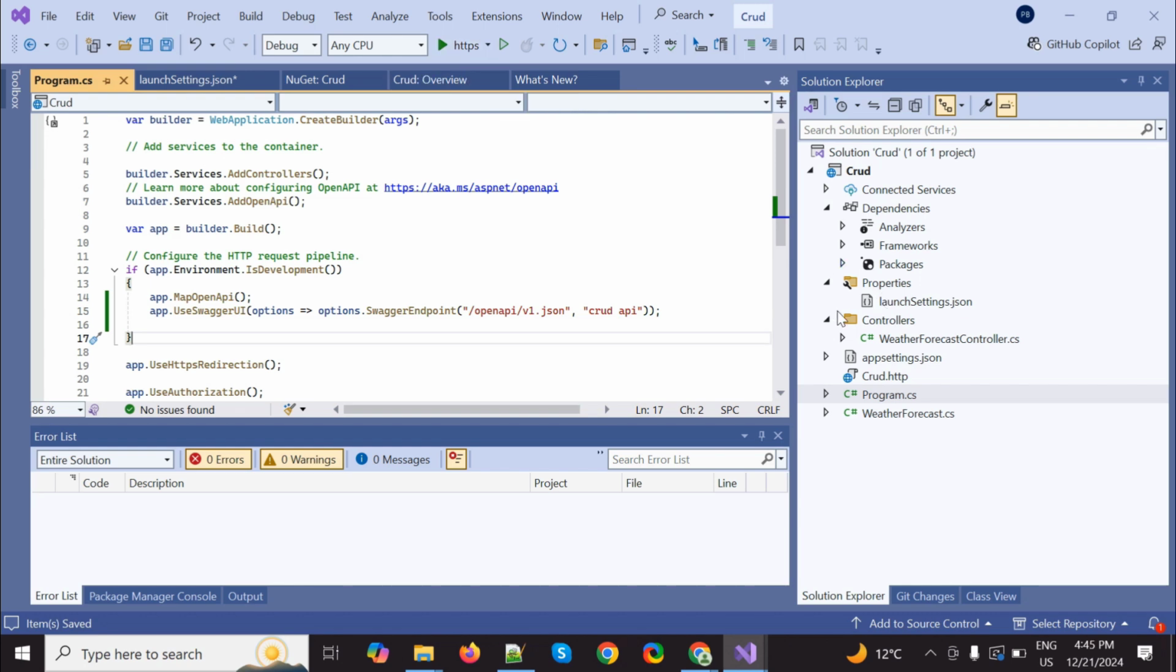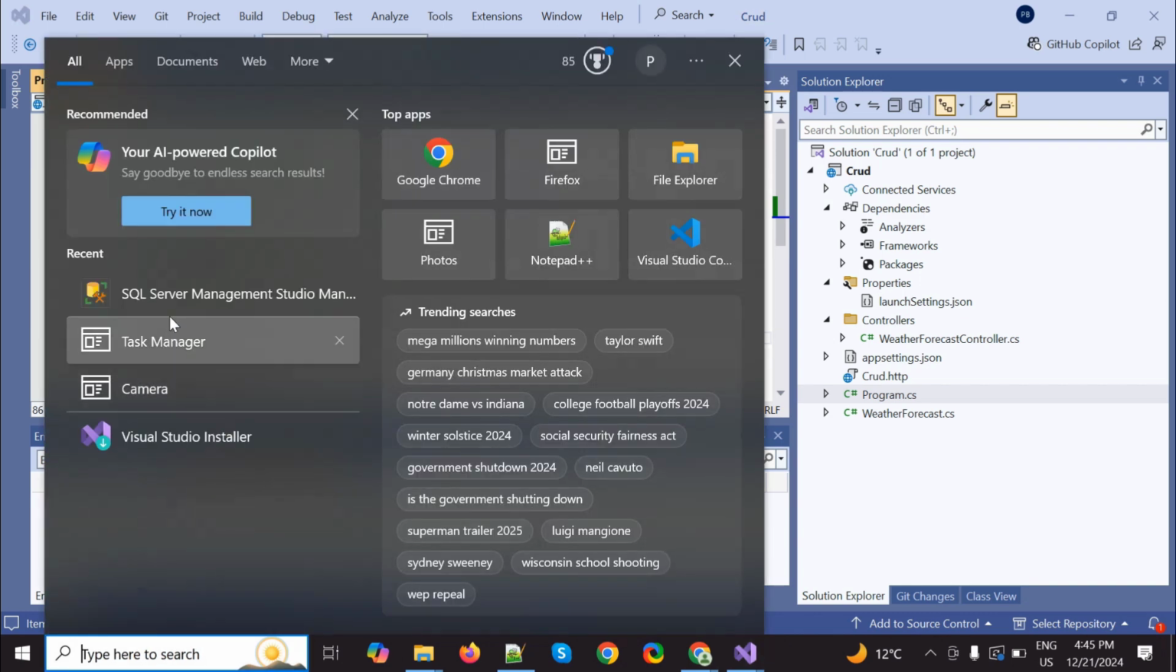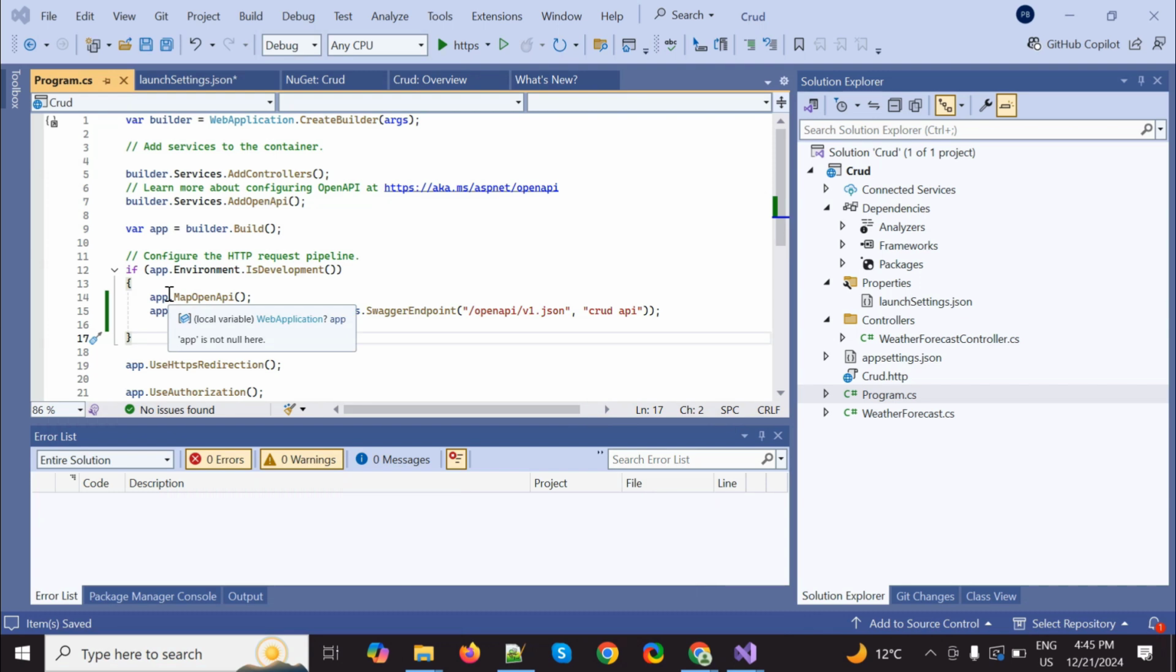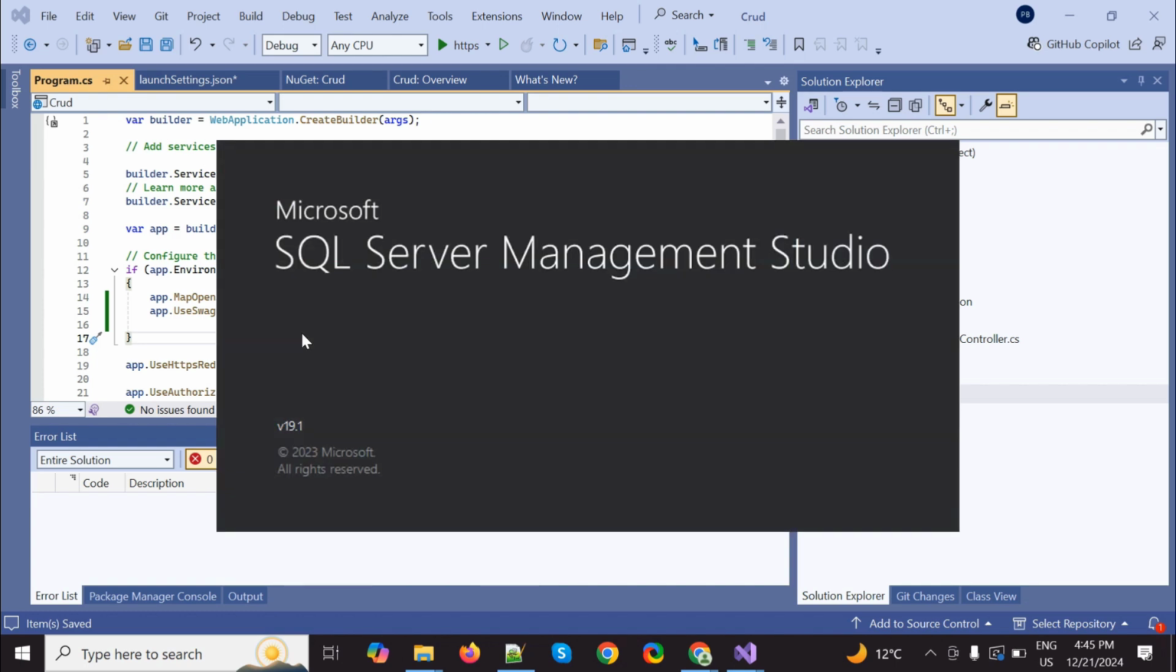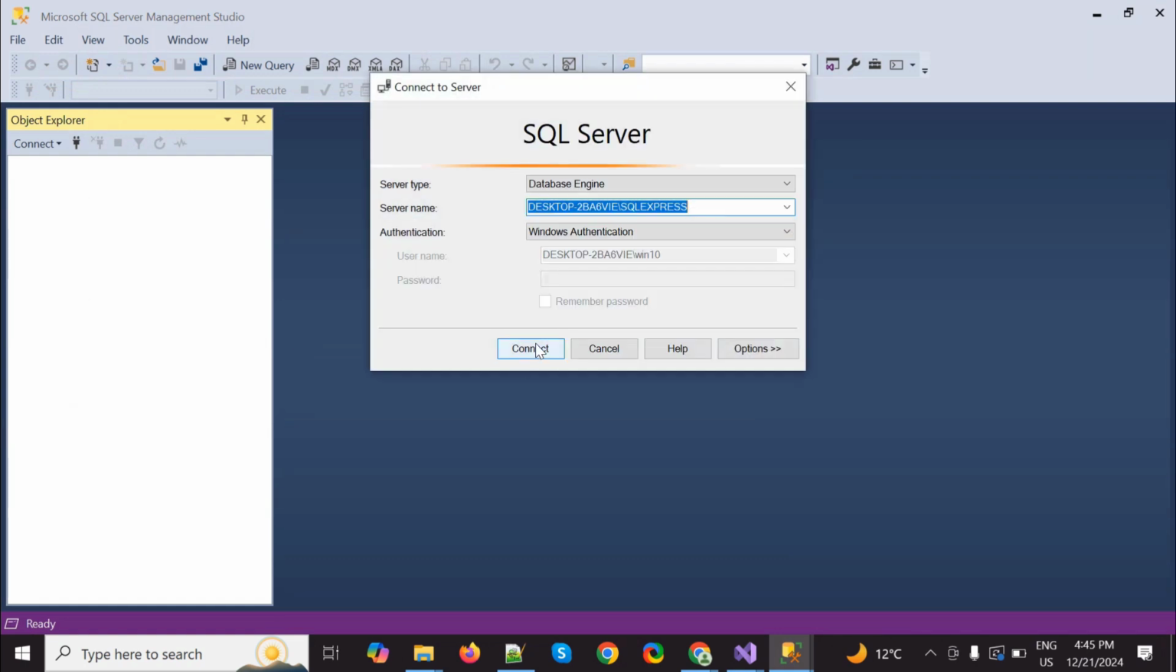So first we have to go to SQL Server Management Studio and create our database. So what I'm doing, first I'm creating the database, then inside that I'm creating table, and in table I'm providing table as student table for our CRUD operation. So connect this,